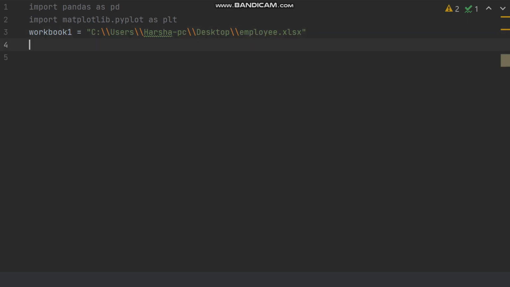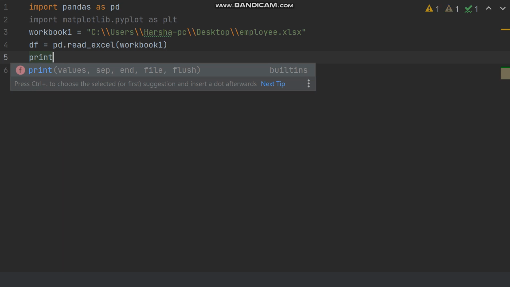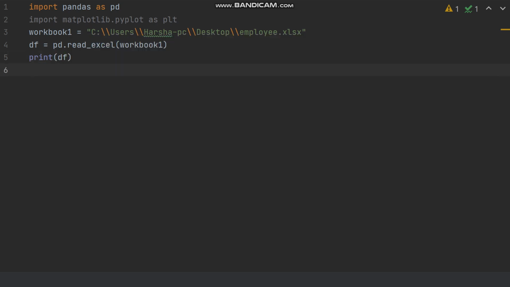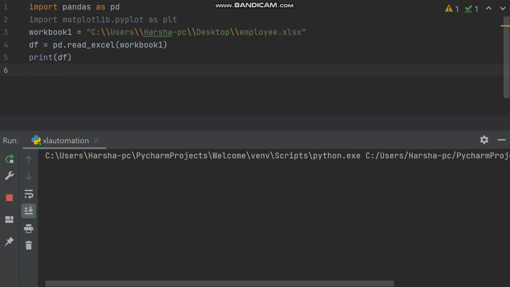Now come down and try to read. Since we wrote pandas as pd, use pd.read_excel, and give workbook1 and store it in a variable, say data frame. Now if you want to print, just print data frame and see what the output is. Alt Shift F10 and then enter.